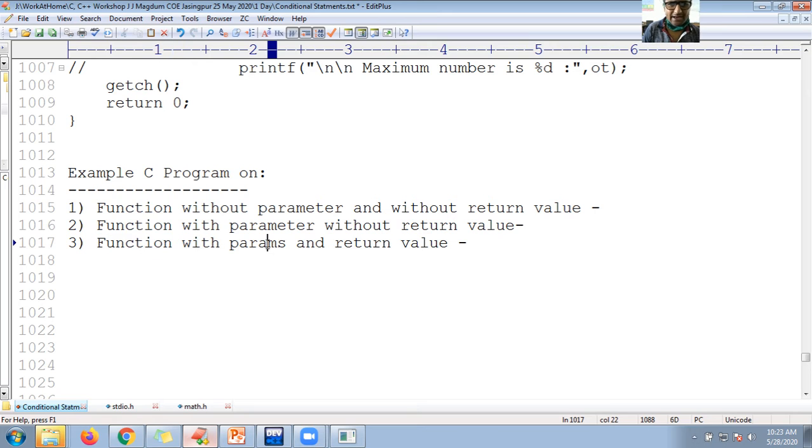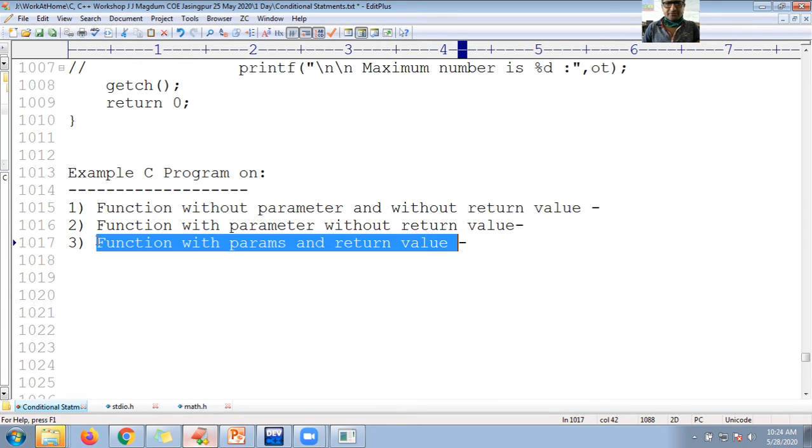So function with params and return value both. Okay guys, are you getting? So let us see now function with params and with the return value.